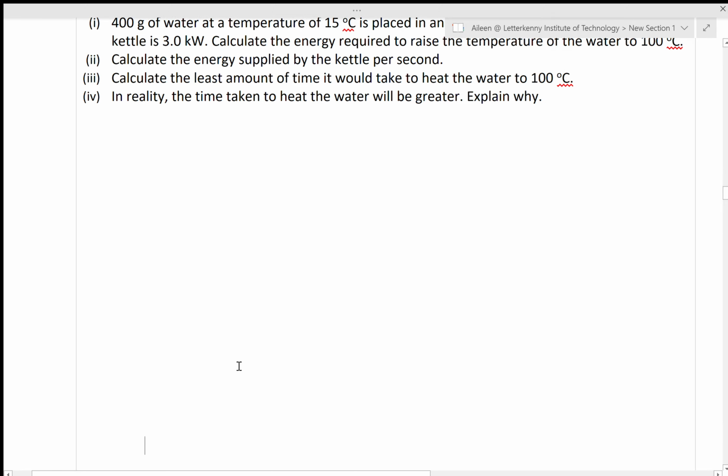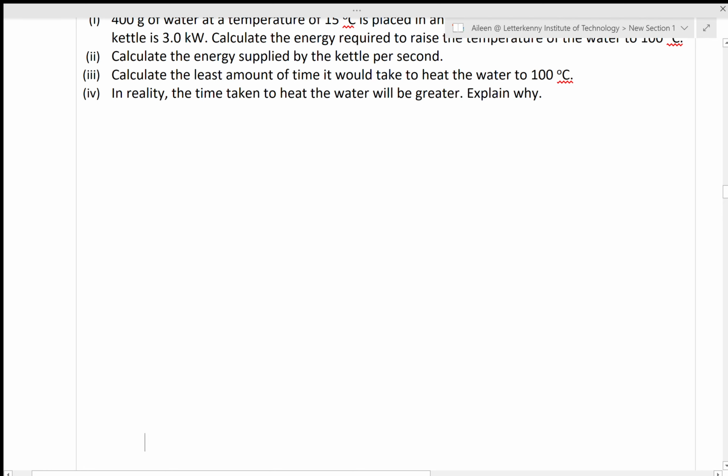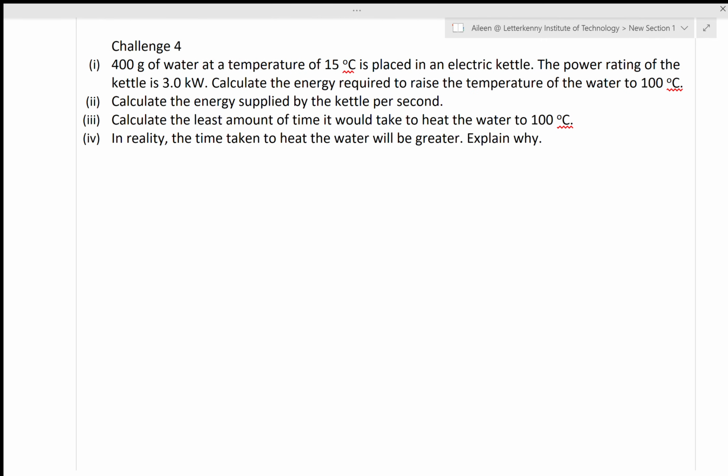Guys, today we're looking at specific heat capacity. So we're looking at our calculations on specific heat capacity. Challenge 4, this is on page 6 of your notes. Okay, so please remember that when you're looking at specific heat capacity, if you are dealing with calculations,